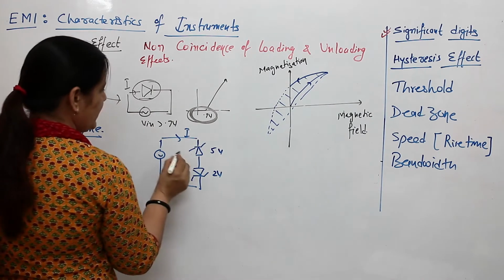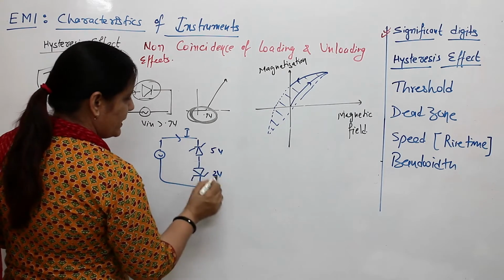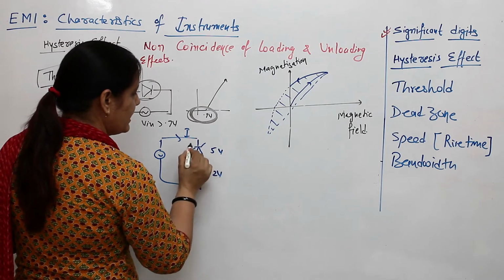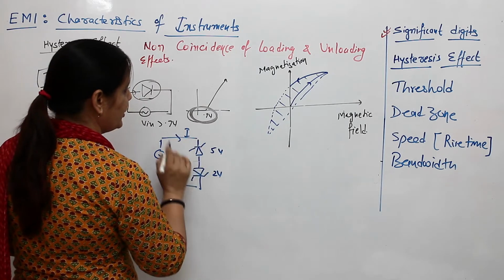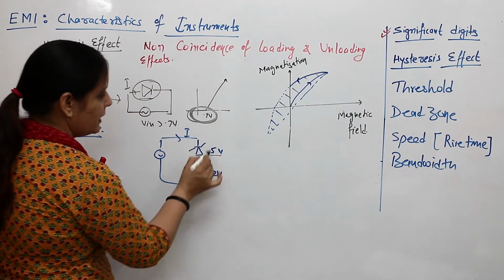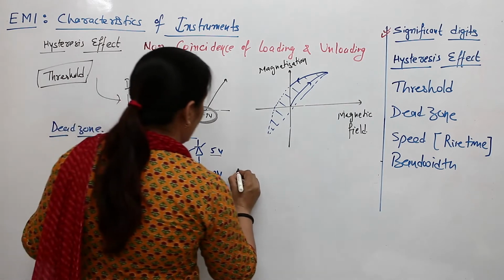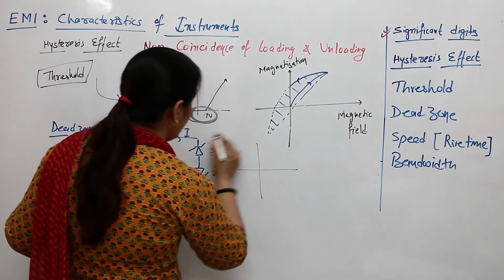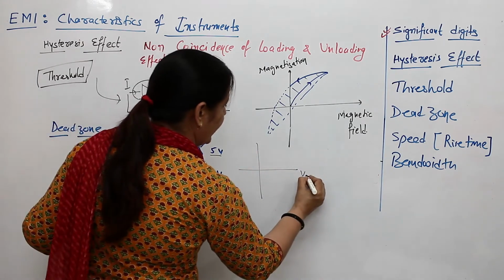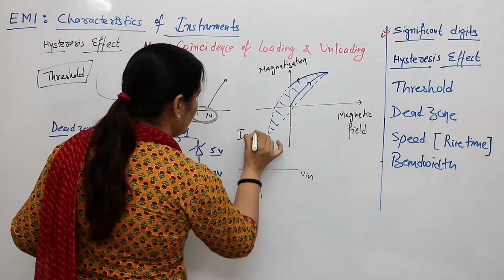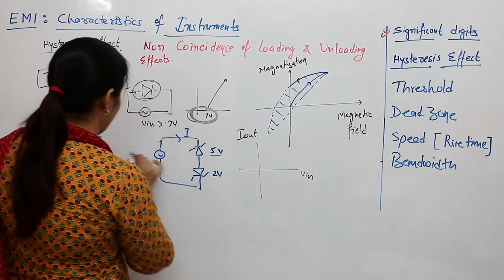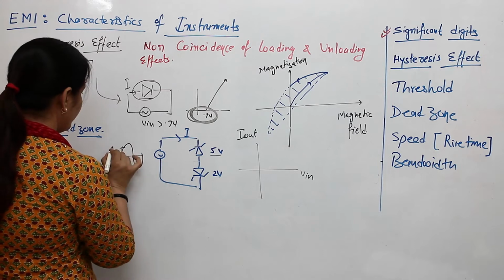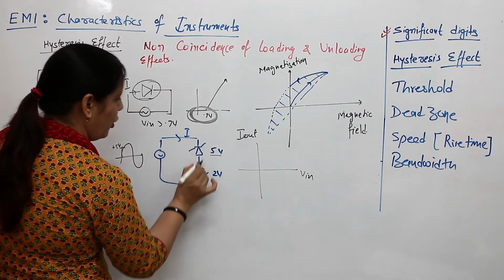So in a positive cycle, this diode is ready to conduct the current, but this diode is in reverse bias and it will not allow the current till the voltage crosses the 5 volt, because this is in the reverse bias. So in positive polarity, until your input crosses the 5 volt, there will be no current. We are plotting the input output between V applied and I output. So in positive polarity, if the positive cycle does not cross the 5 volt, there will be no response.